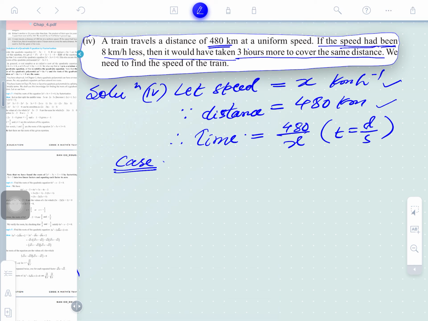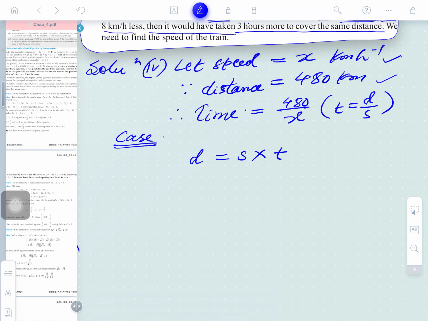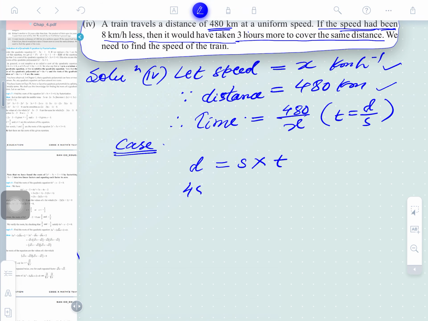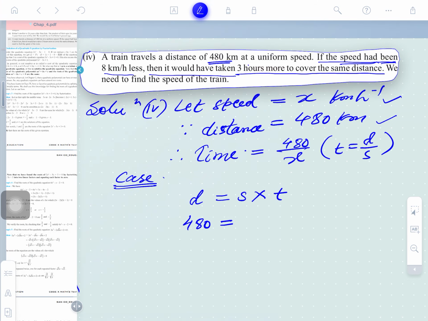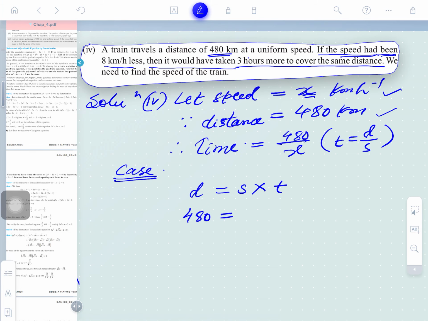What will be the same in both cases here? In both cases, the distance will be the same. Distance is speed times time. So what is the distance? The distance is 480. And what is the speed? Speed is x. If the speed had been taken 8 less, that is x minus 8,